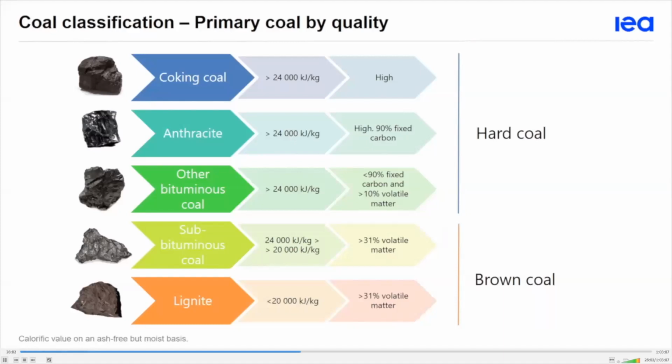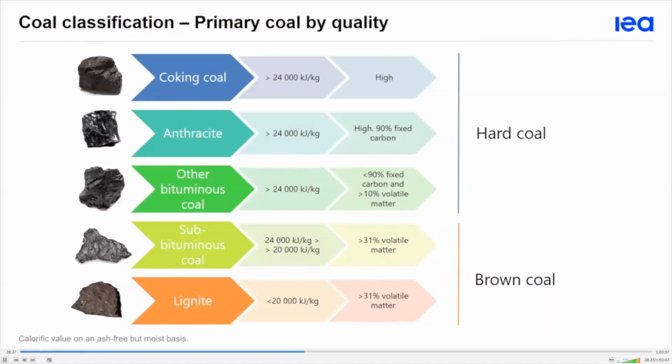And from that, we will have a distinction between coking coal and anthracite, other bituminous coal and subbituminous coal, and lignite. The distinction is made with their calorific value, the amount of energy that they contain, and the amount of carbon